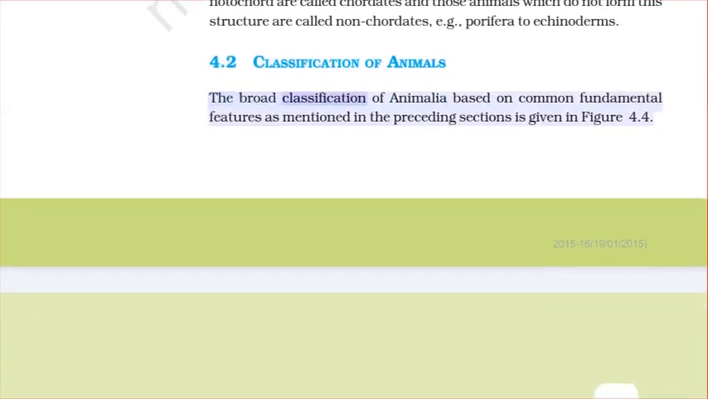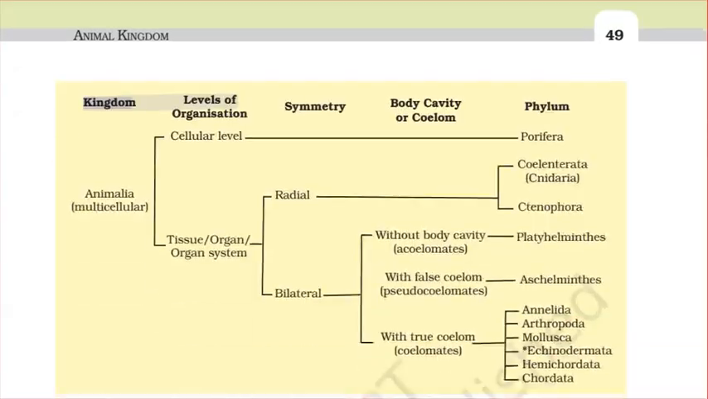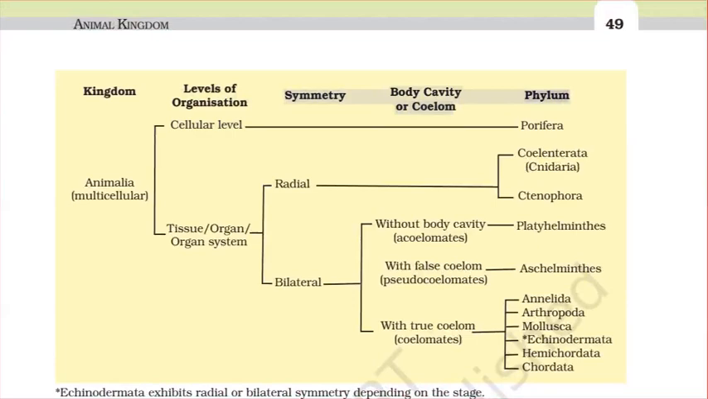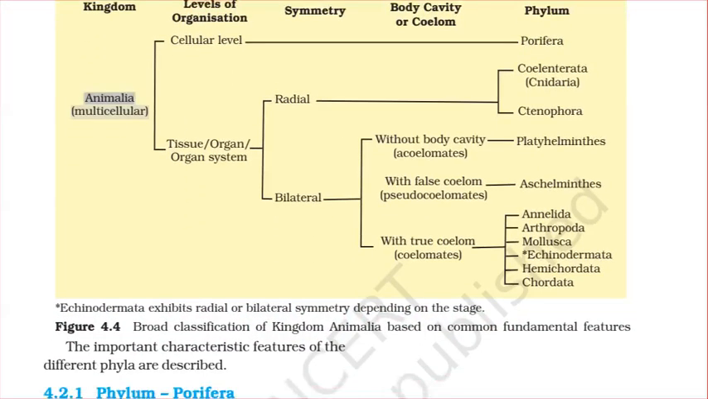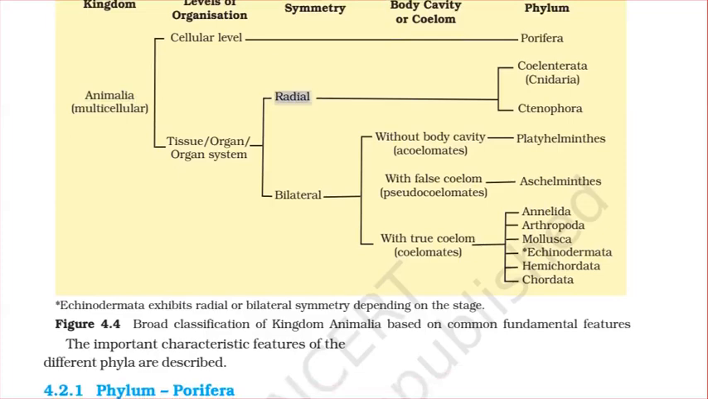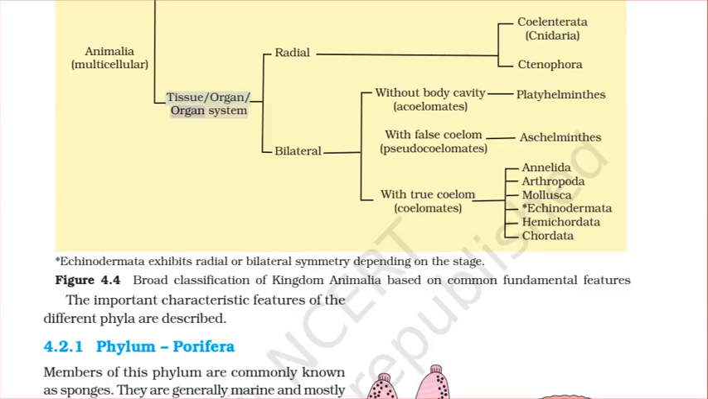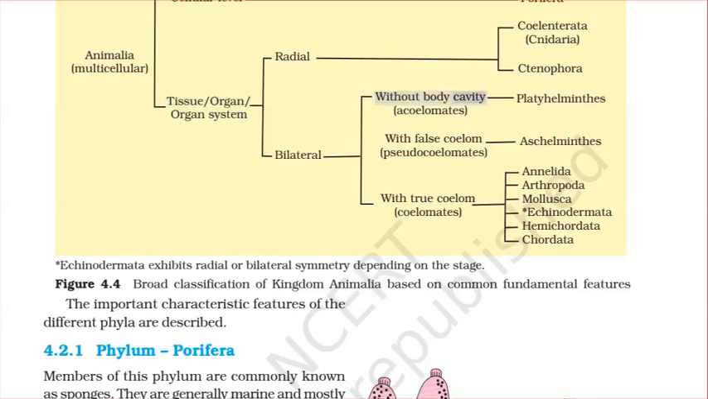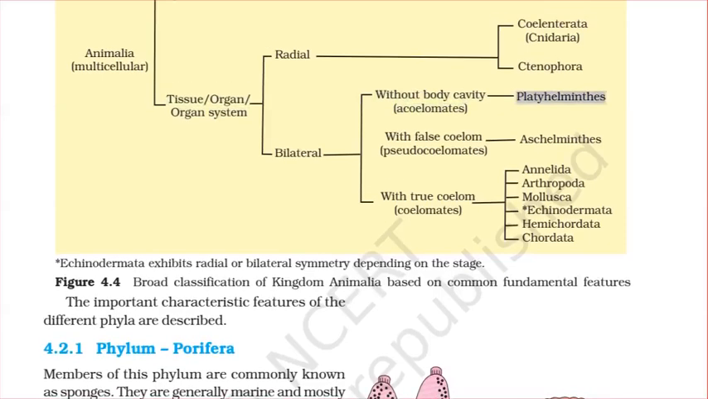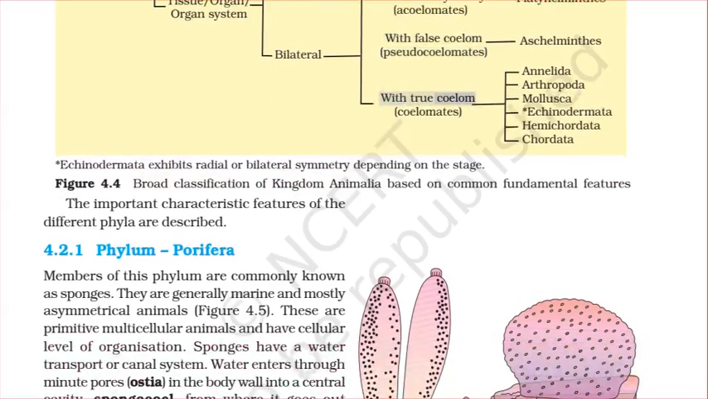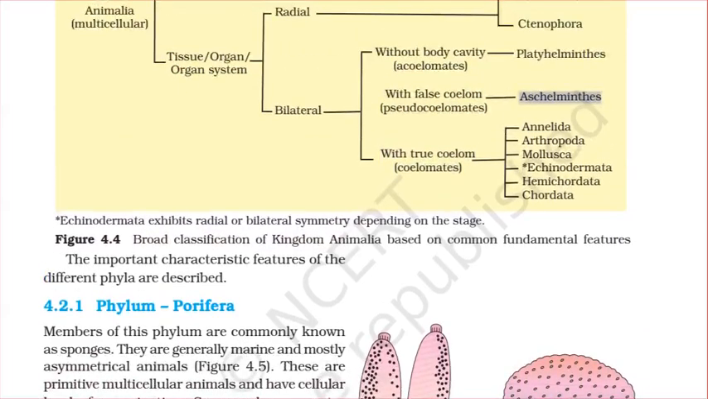4.2 Classification of animals. The broad classification of Animalia based on common fundamental features as mentioned in the preceding sections is given in Figure 4.4. Kingdom Animalia, multicellular; organization: cellular level, tissue, organ, organ system; symmetry: radial, bilateral; coelom: without body cavity, acoelomates, with false coelom, pseudocoelomates, with true coelom, coelomates. Phyla: Porifera, Coelenterata (Cnidaria), Ctenophora, Platyhelminthes, Aschelminthes,